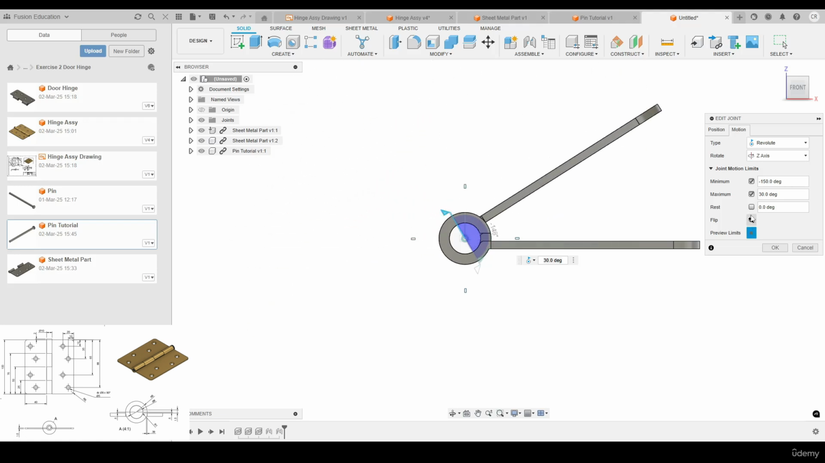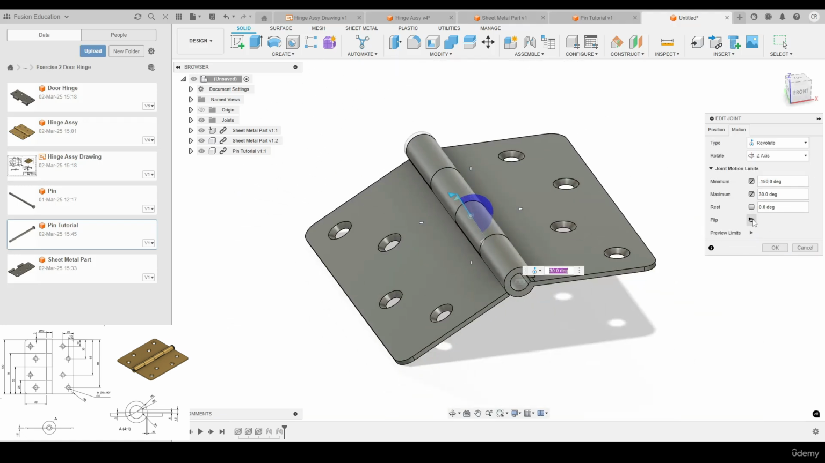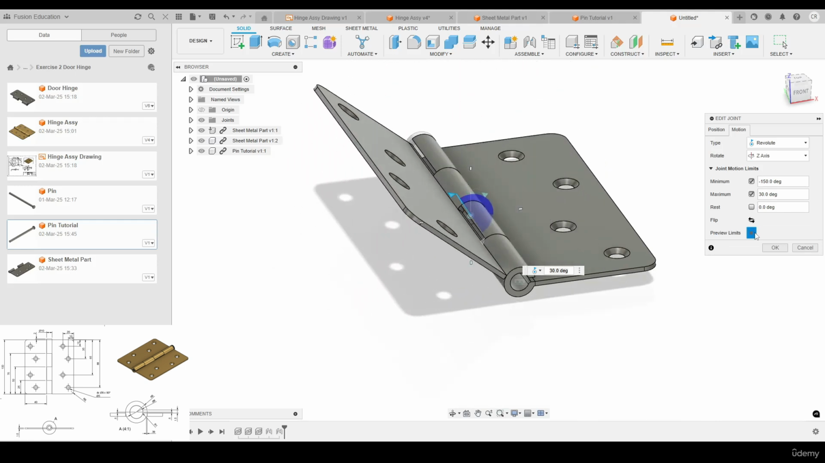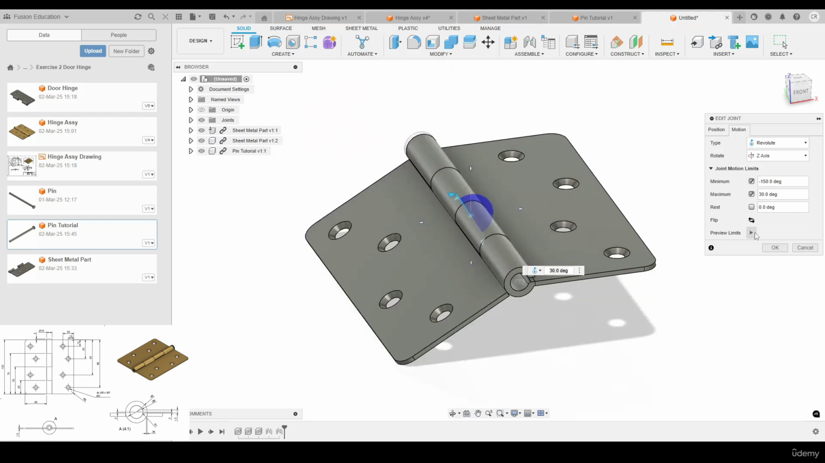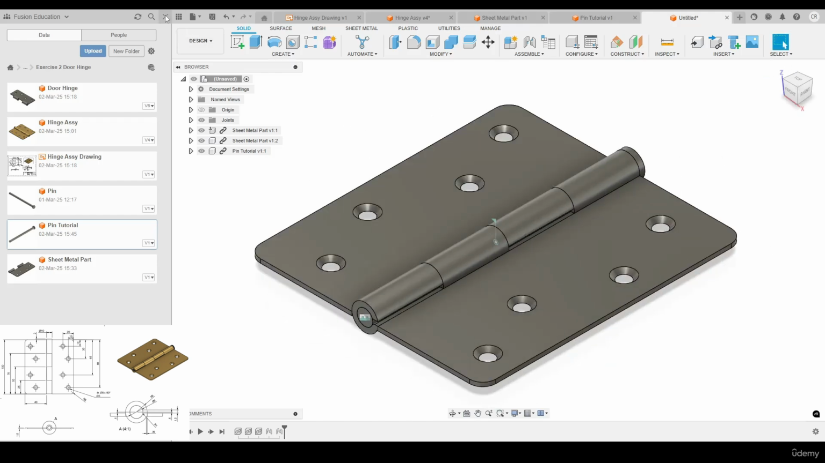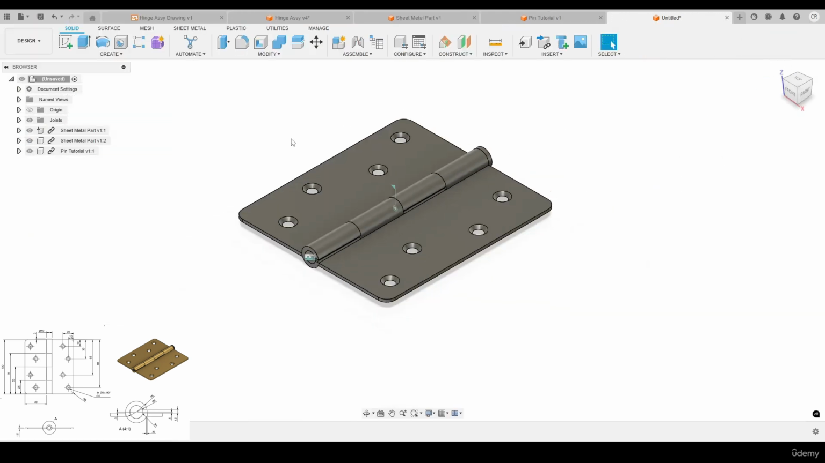Okay, that's looking pretty good to me. So I've got 150 on the minimum, 30 on the max. Have a look at that again. Okay, and feel free to change those how you like, but I'm going to leave those as they are for the time being. Let's go back to the home view, exit out of the data panel,